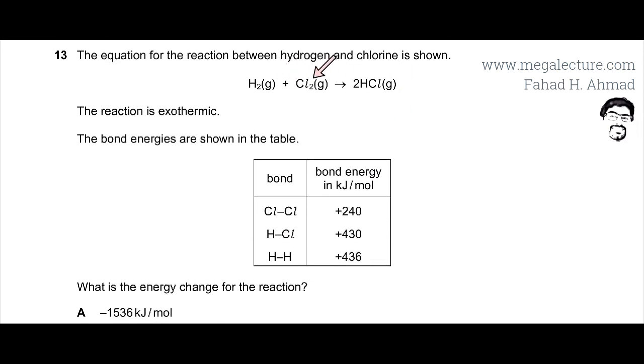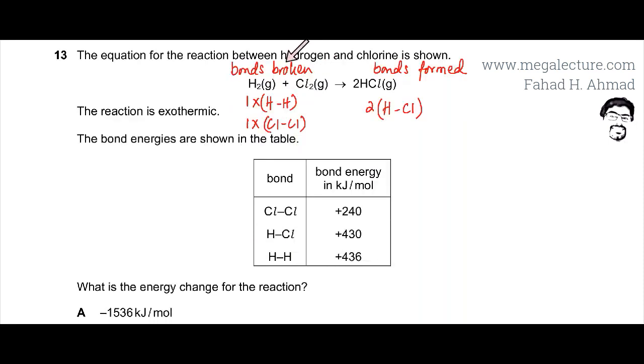So you need to first figure out how many bonds are broken and how many bonds are formed. The first thing is to figure out bonds broken. So the reactant bonds would be broken. There's an H2 molecule, so one H-H bond would be broken. Remember, count the bonds, not the atoms. So the H2 molecule is going to have one H-H bond. The Cl2 bond would be broken, so one Cl-Cl bond would be broken. And then look at your products and see how many bonds are formed. New bonds are formed. So H and Cl, that's one bond, but since there are two molecules, so two HCl